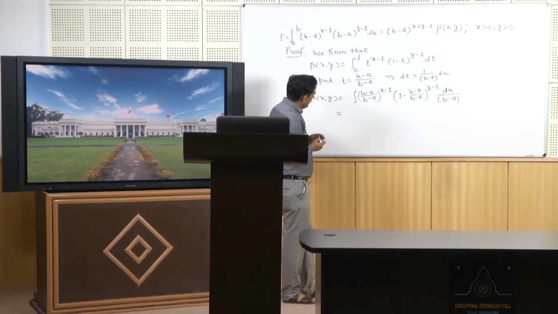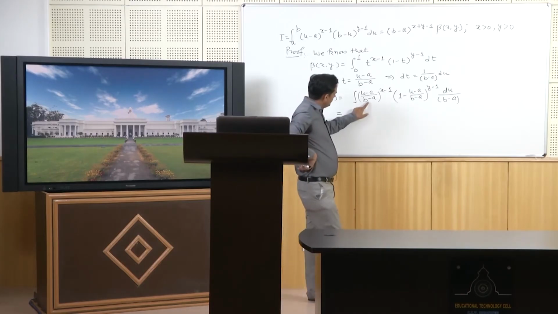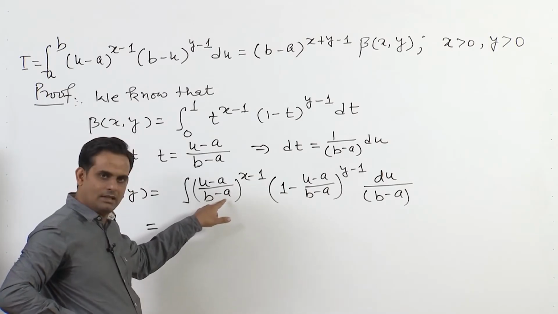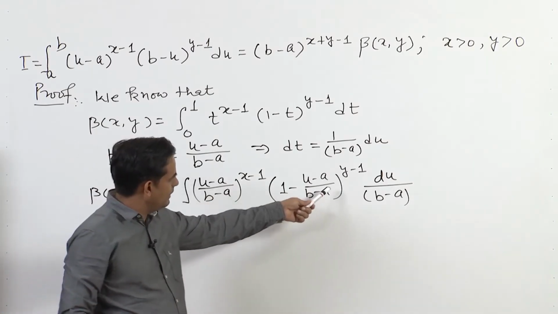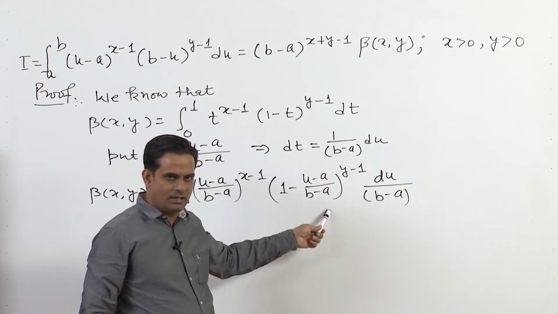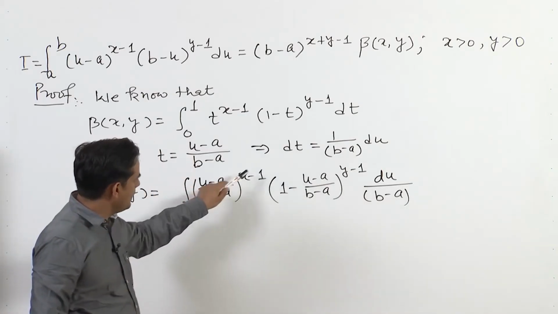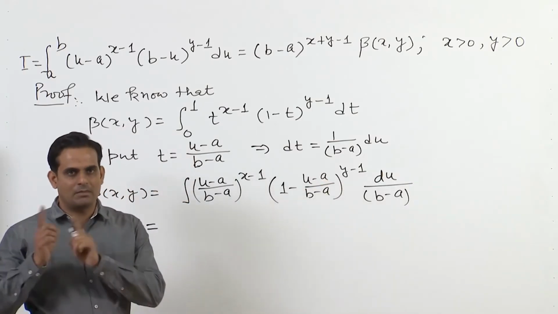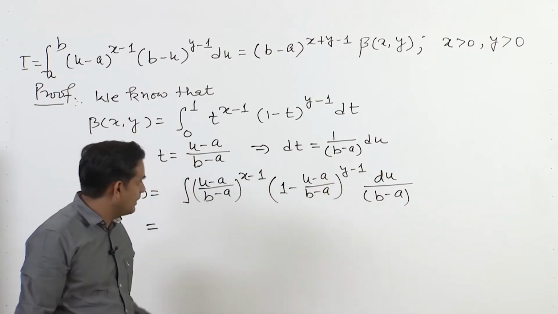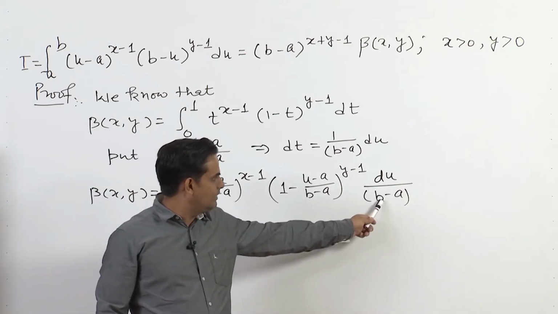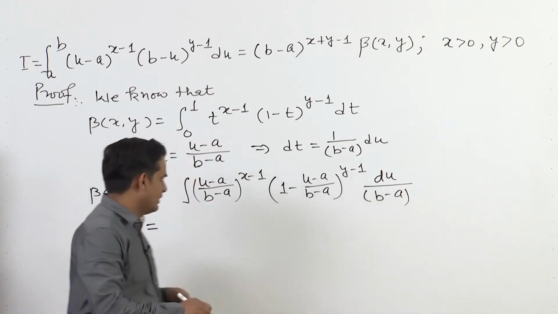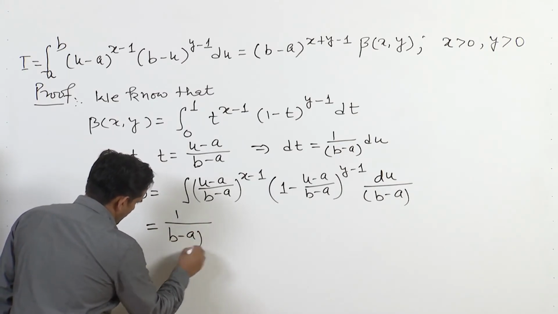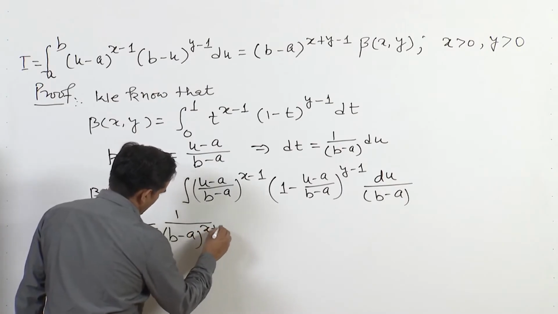If you notice here, in the denominator I have (b minus a) raised to power x minus 1 from this expression, and (b minus a) raised to power y minus 1 from this expression. So it will become x plus y minus 1 minus 1, so x plus y minus 2. But at the same time we have plus 1 from here. So in total I have (b minus a) raised to power